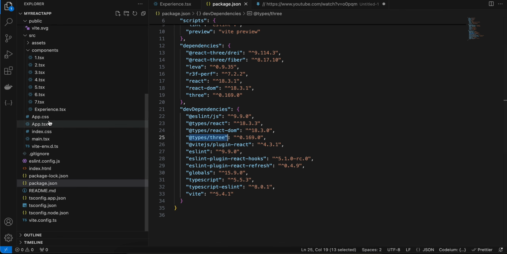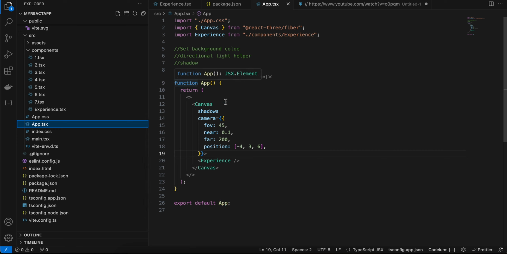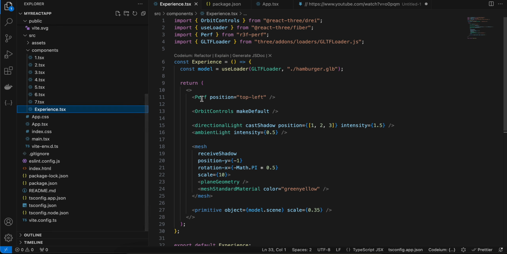Next, if you see my entry point app.tsx, I have just created a canvas which I have imported from React Three Fiber. I have added shadows. I have also added this camera and I have set the position to it. Then I have created this Experience React component. So here you can see I have created a custom React component called Experience, and